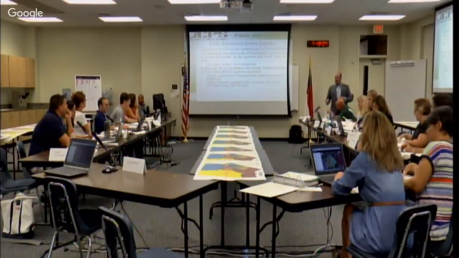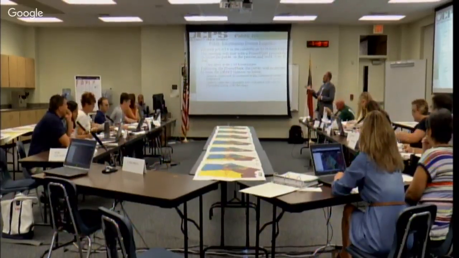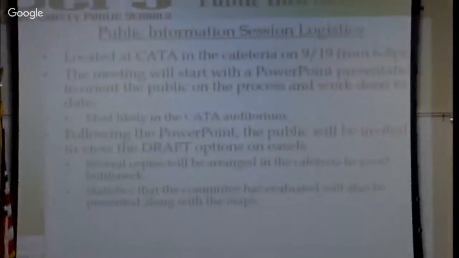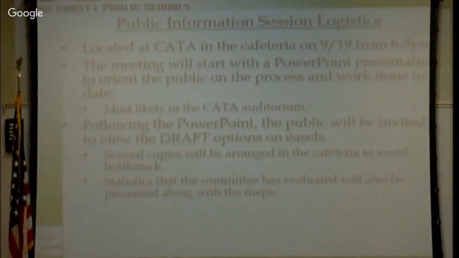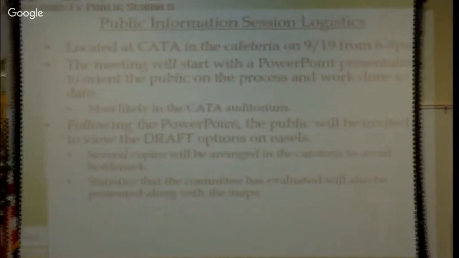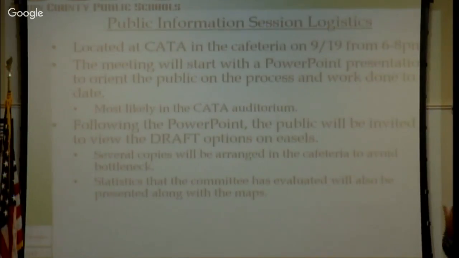I wanted to give you a little bit of a preview on that public information session on the 19th. We'll be taking options A through D and presenting them to them. This public information session is going to be at CATA on the same campus here right behind us. It's going to be in the auditorium and the cafeteria. So we're going to start and invite the public to come into the auditorium, where we'll give them a PowerPoint presentation that gives them an overview of the process and where we started, how things evolved, the number of options that have been developed, and the timeline. Just give them an overview of the big picture, what the criteria and objectives are, so they're oriented on the entire process as it stands on the 19th.